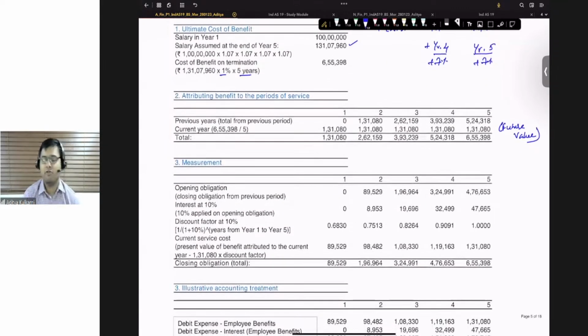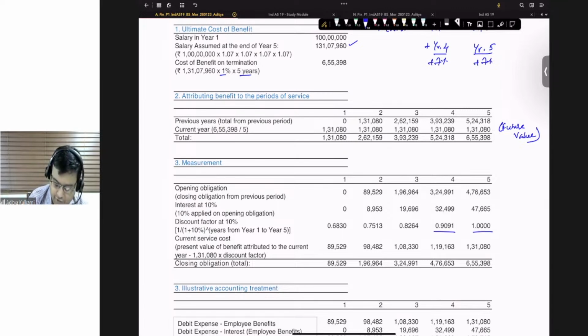We will then have to do the discounting to the present value. Rate is given to be 10%. So 5th year contribution will be paid in the 5th year, so no discounting. 4th year will be paid in 5th year, so one year. 3rd year will be paid in 5th year, so 2 years discounting. 2nd in 5th, so 3 years. 1st in 5th, so 4 years discounting. So 1,31,080 into 0.683,